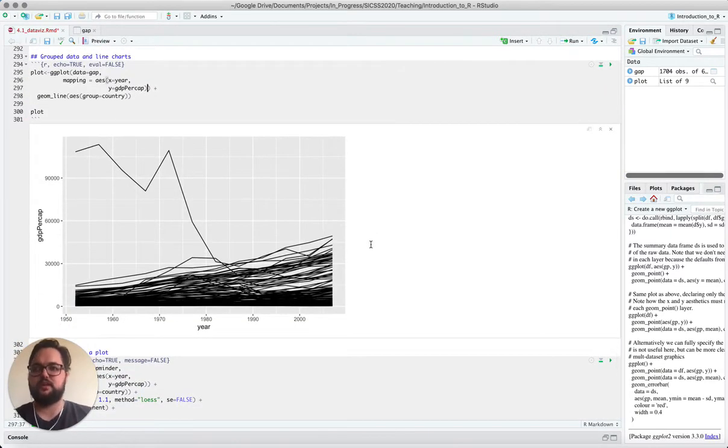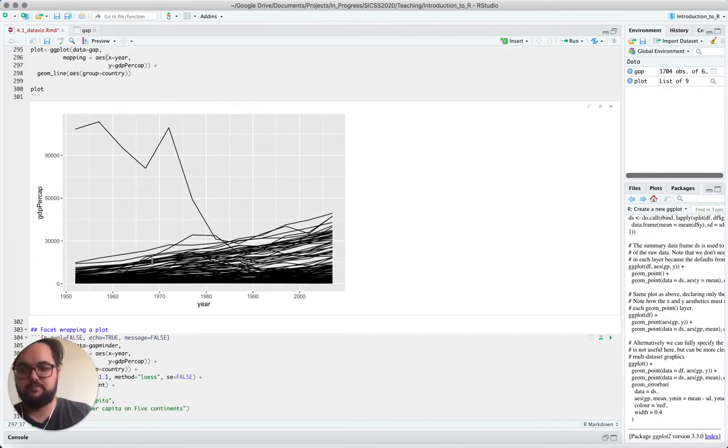So it's messy. It's fairly rough output, but basically this is showing the data properly. Each line represents the trajectory of a country over time. This outlier here, if you're wondering, that is Kuwait, for whatever reason. So it's messy, we can't really see much, but basically the group aesthetic is usually only needed here when the grouping information that we need to give to the ggplot is not something that's actually built into